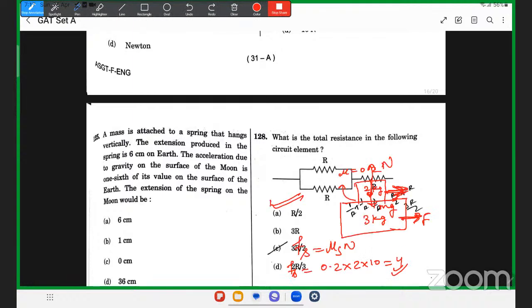A mass is attached to a spring that hangs vertically. The extension produced in the spring is 6 centimeter on Earth. The acceleration due to gravity on the surface of Moon is 1/6 of its value on the surface of the Earth. The extension of the spring on Moon will be, अगर ये स्प्रिंग है और यहाँ मास अटकाया तो 6 सेंटीमीटर आया, क्योंकि यहाँ जो mg है वो kx होगा। अब वहां जी का वैल्यू है 1/6, तो उस केस में वेट कितना आएगा mg/6, तो ये k इंटू एक्स हो जाएगा।